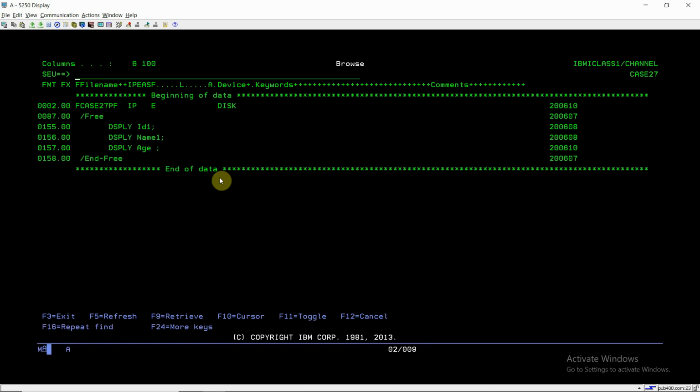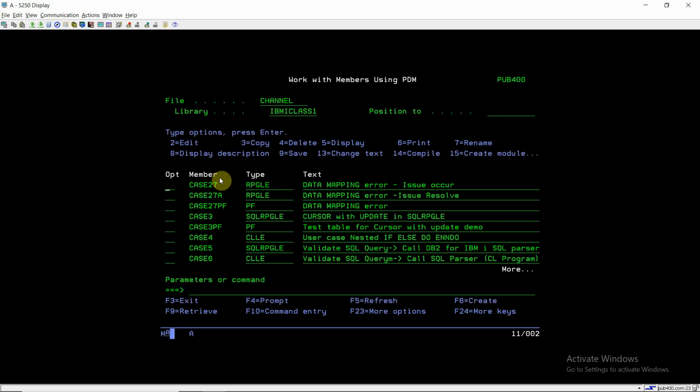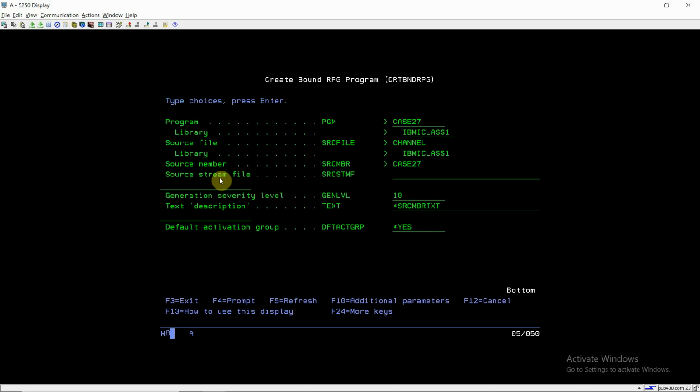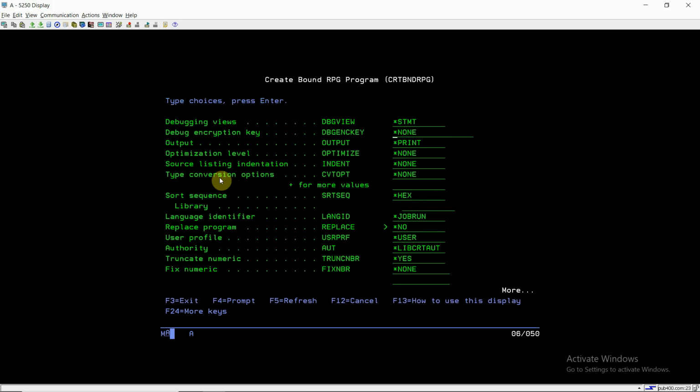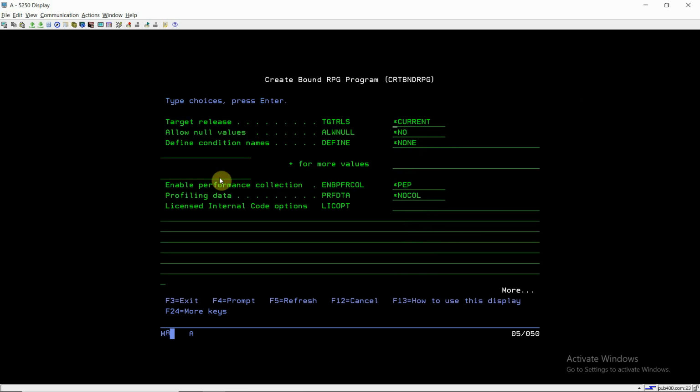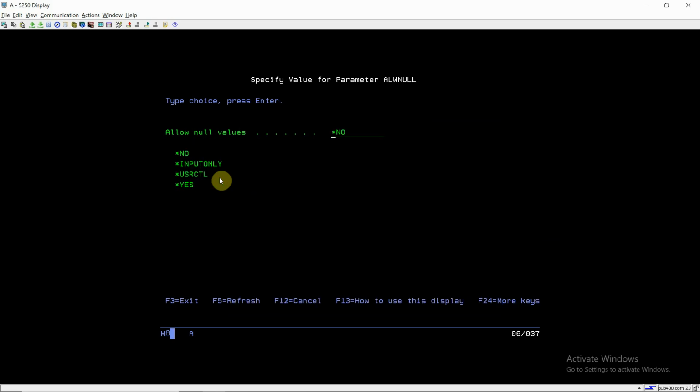Here I didn't mention this keyword in the H-spec. During compilation of this RPGLE program, if I take F10, I can see that there is one option for Allow null values. By default this option is set as *NO.